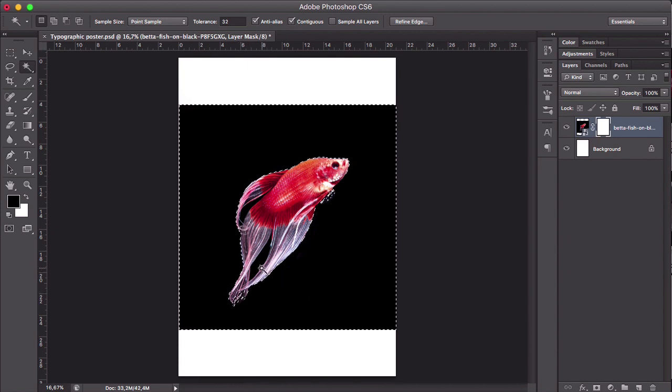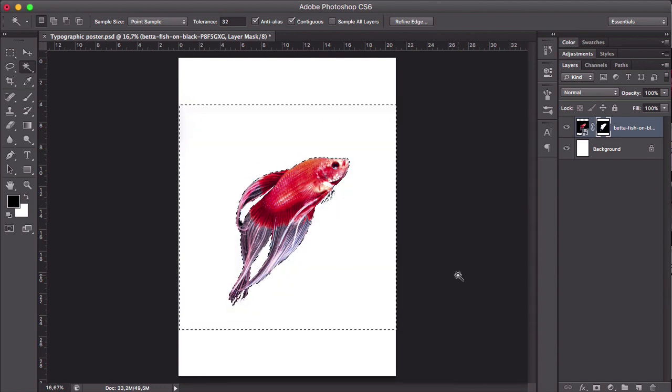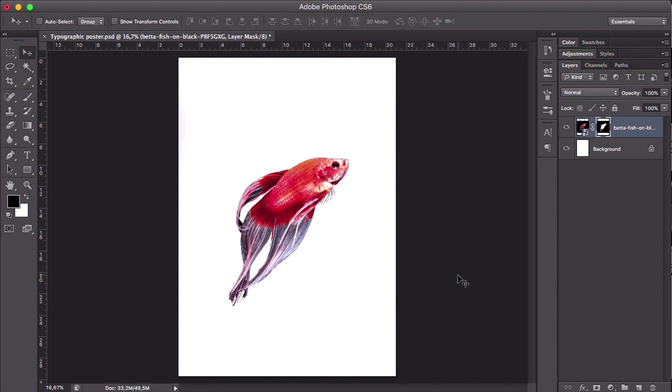If you want to add to the selection, for example these two spaces, hold down Shift until you see the plus sign come up and click in those two areas. Then hit Command I on your keyboard, and this will invert what we have selected. Then hit Command D to deselect. And using the zoom tool again,